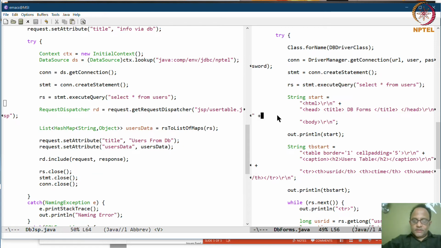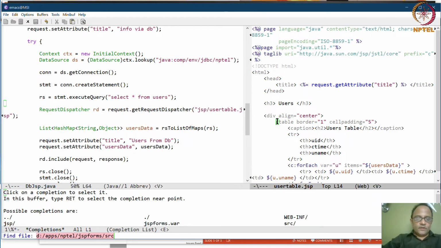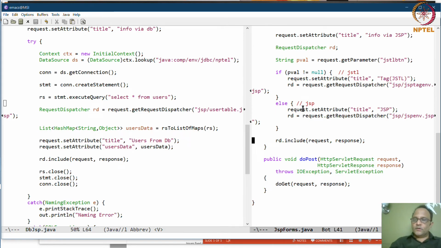And here is the JSP which we are going to use. It's called user table. DB JSP user table. Okay. So this is our user table JSP. And remember, when we were first fiddling around with JSP forms, we had this code which looked like this,